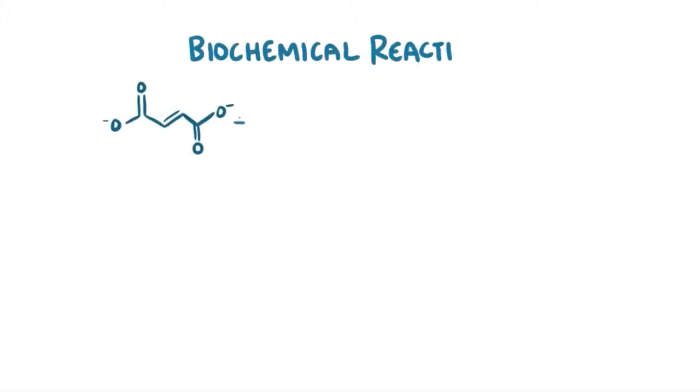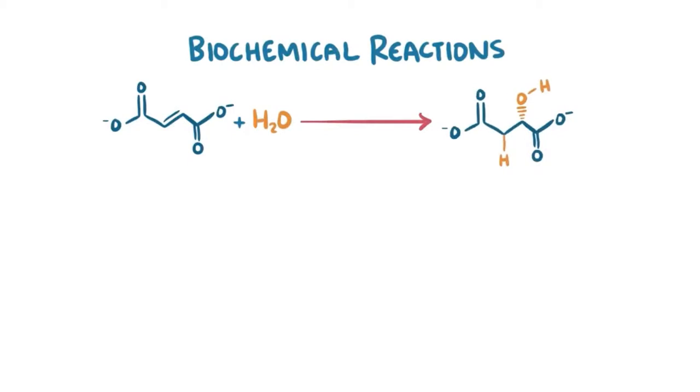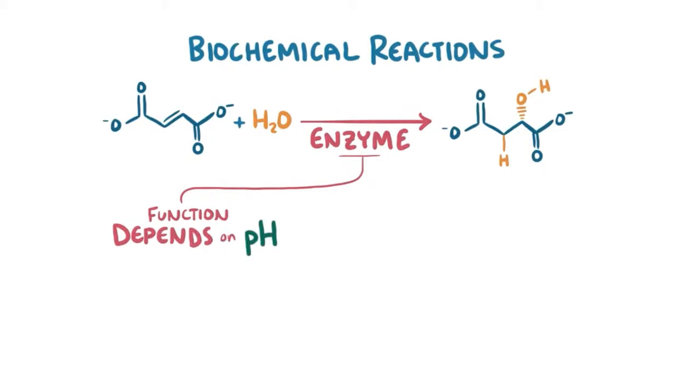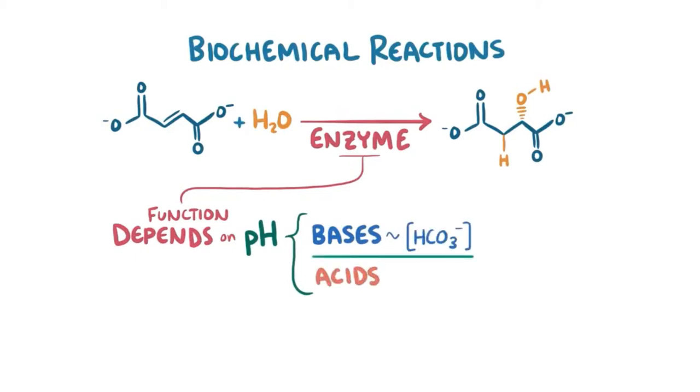Every single second, there are trillions of biochemical reactions going on inside our bodies. These reactions are mediated by enzymes. And for those enzymes to function properly, the pH of our body fluids needs to be within a tightly regulated range. This pH depends on the ratio of concentration of bases, mainly bicarbonate or HCO3-, and acids, mainly carbon dioxide